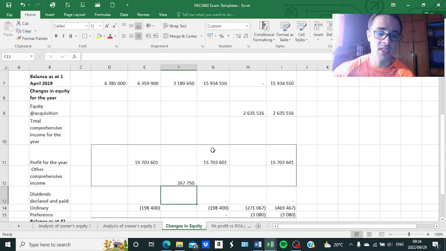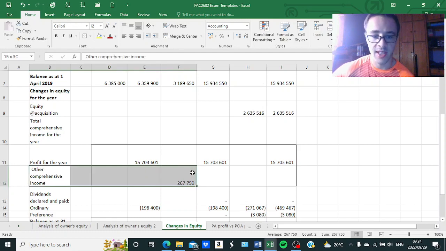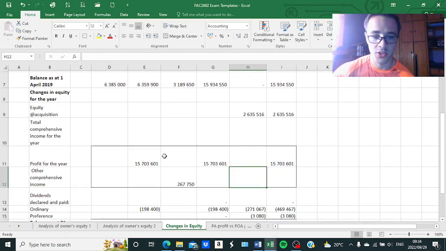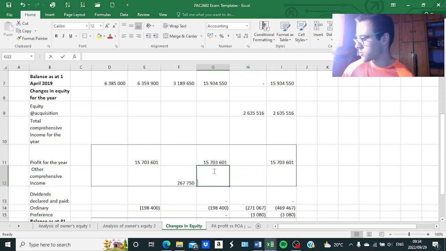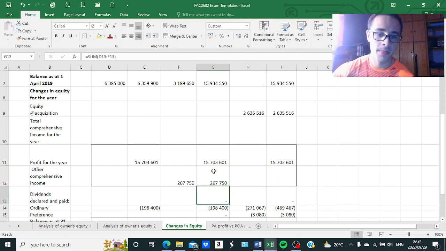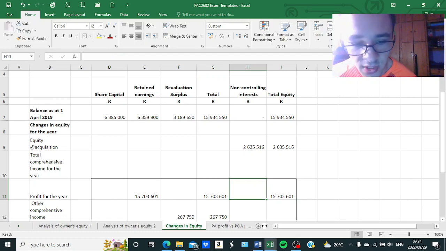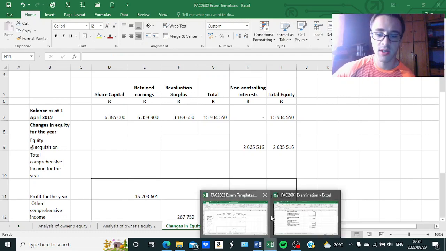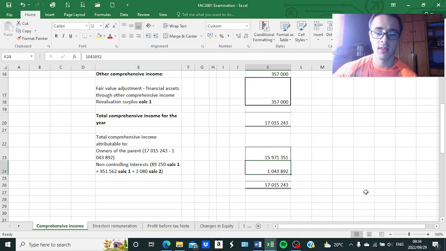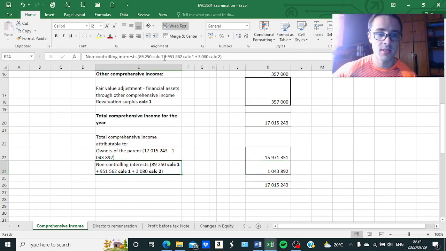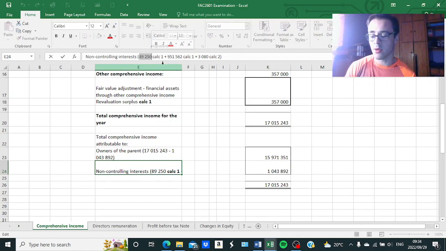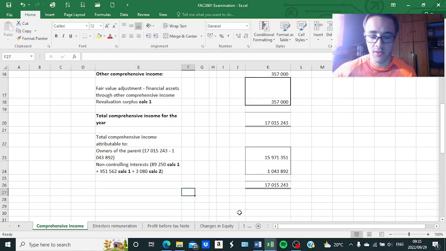267,750, because remember that the 267,750 is other comprehensive income, so it needs to be showing on that line. Okay, so just make sure that you have shown that correctly. Okay, the total 267,750. Then for non-controlling interests, okay, we will follow the same procedure. So we will take the total of 1,043,892, and we will subtract the amount for revaluation surplus, 89,250, which we also got from our analysis of owner's equity